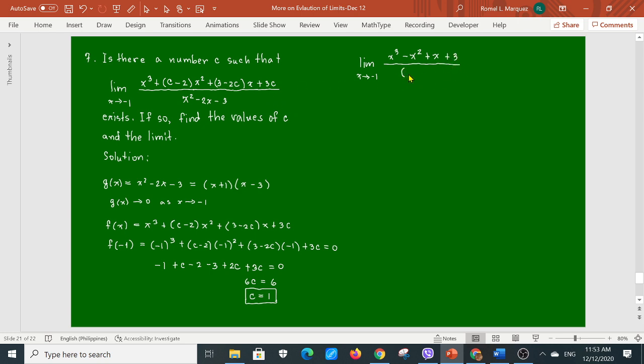All over, we have already factored the denominator: x plus 1, x minus 3. What is the factored form of the numerator? The limit as x approaches negative 1 of